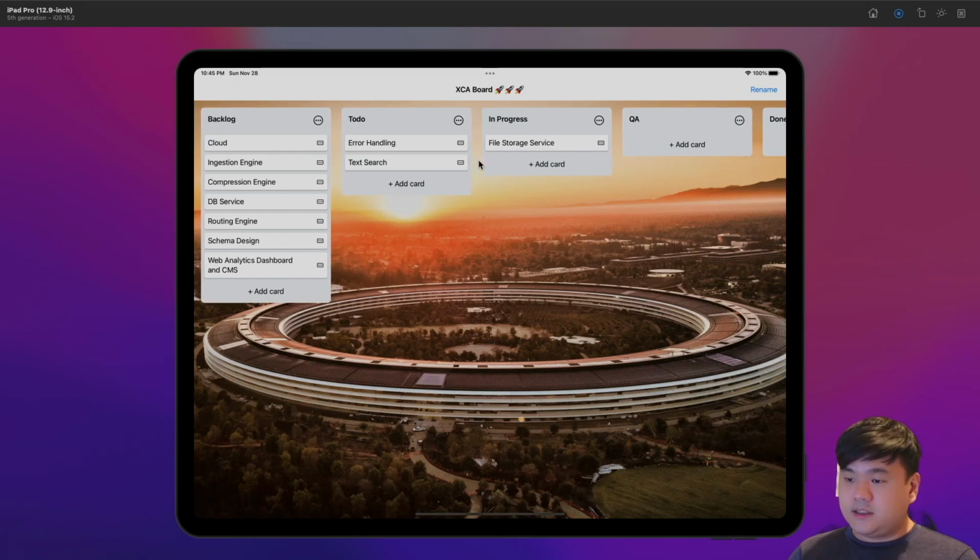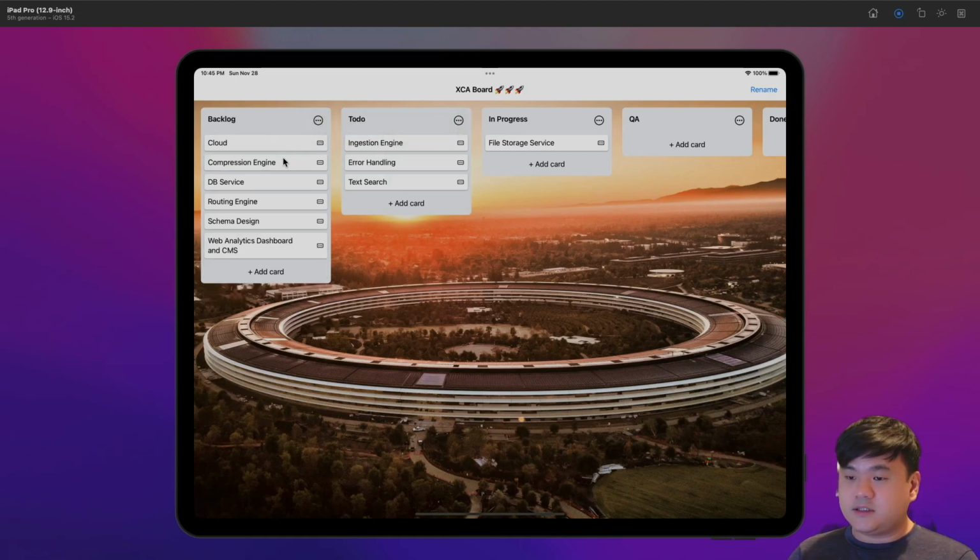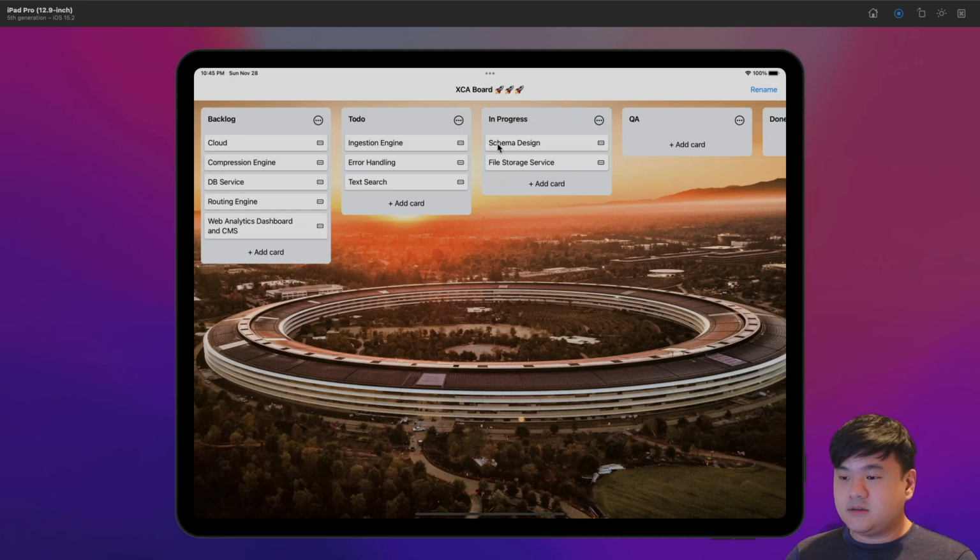And let's say I want to move a card to another list. I can just drag it here and drop it into another board list. I can also reorder the cards inside the board list by dragging it and moving it around. I just want to move this to in progress, move this to key